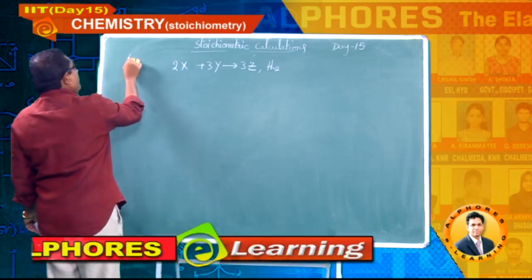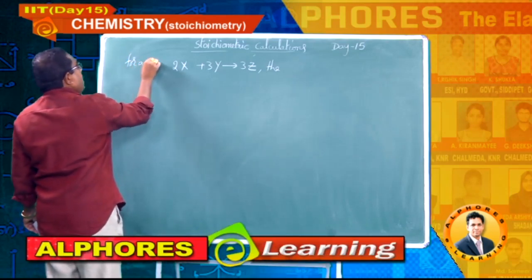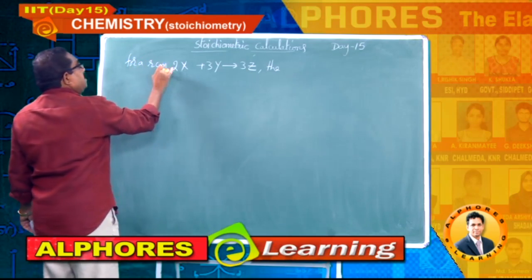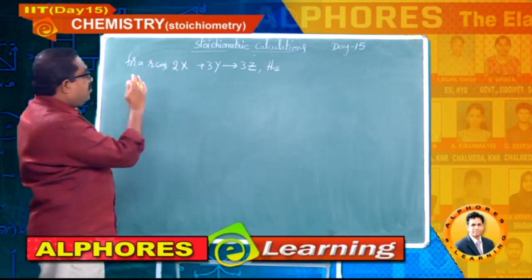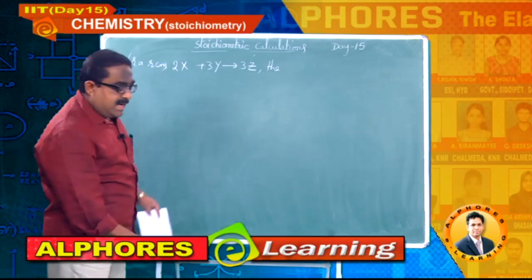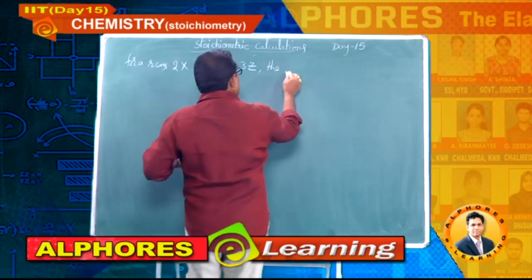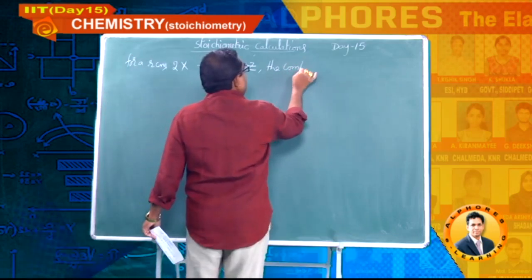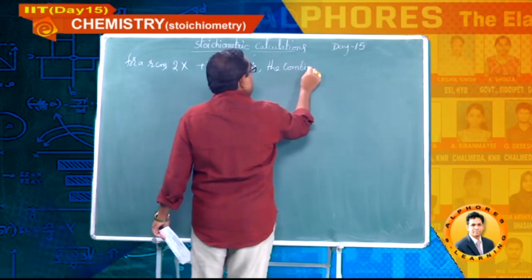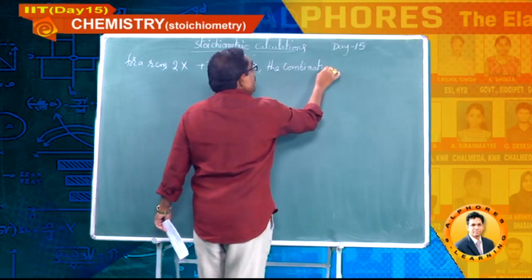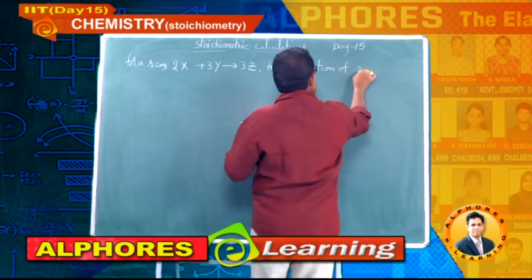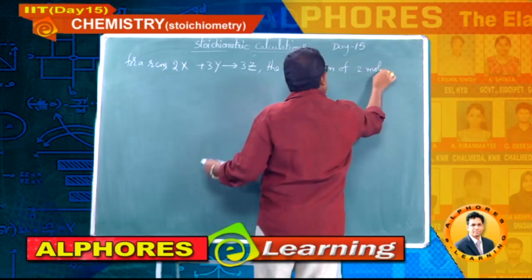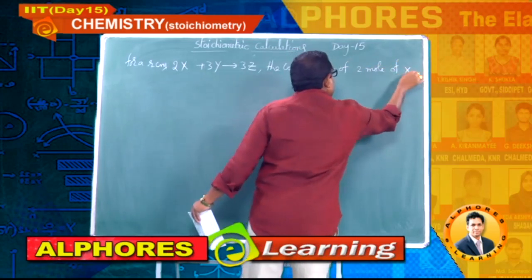Write down here, for a reaction 2x plus 3y gives rise to 3z. The combination of, write down students, the combination of 2 moles of x